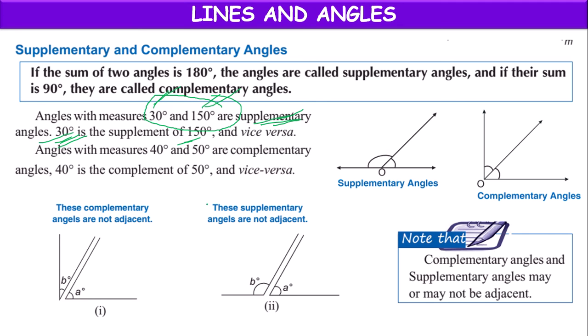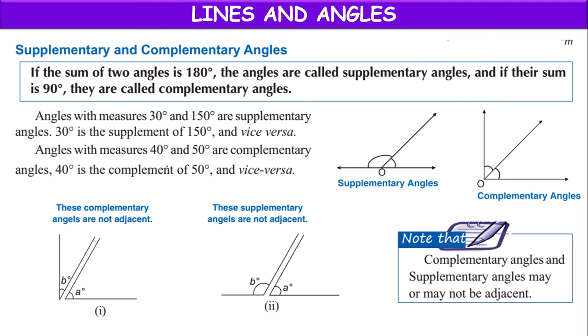You will get bits like this, children. So what is the supplementary angle of 70 degrees? You will get questions like this. So 180 minus 70 equals 110. 110 is the supplementary angle of 70 degrees, so that their sum will be equal to 180 degrees. Like that we have to find.